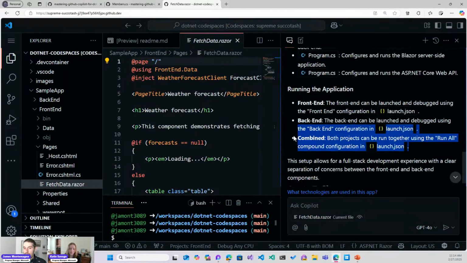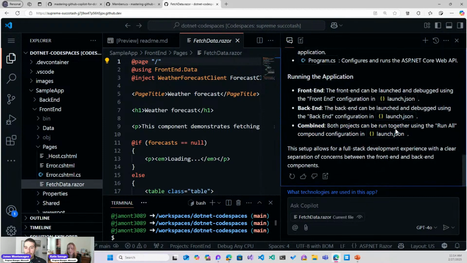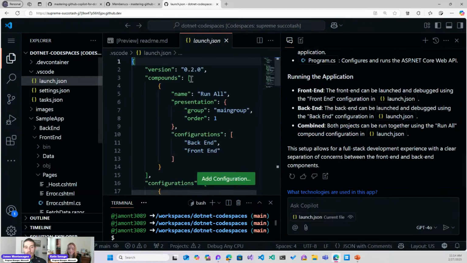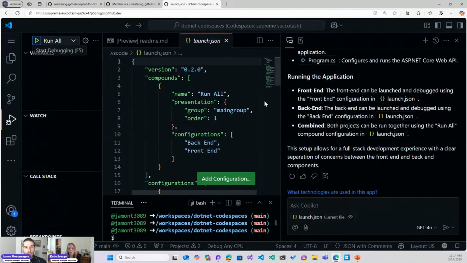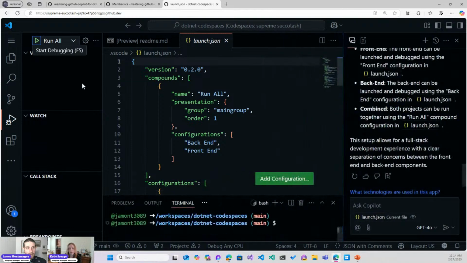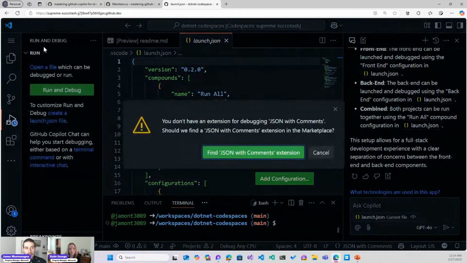So this is cool if you were just getting started. How do I even run this application, right? It's going to show me that. It's like, hey, in the launch JSON, there's a way to run all, right? So if I go over to the debug window, make this a little bit smaller here, I can hit run all. And now,